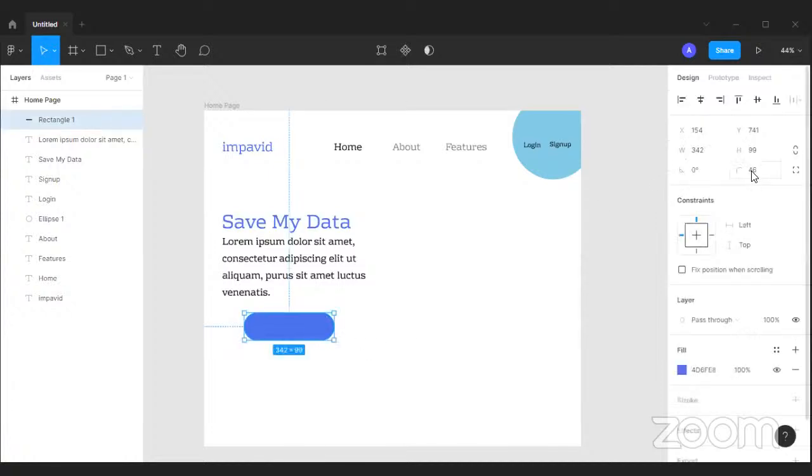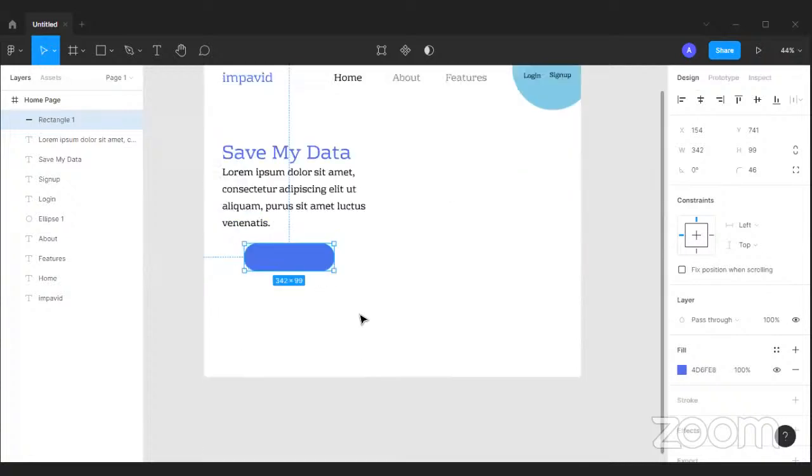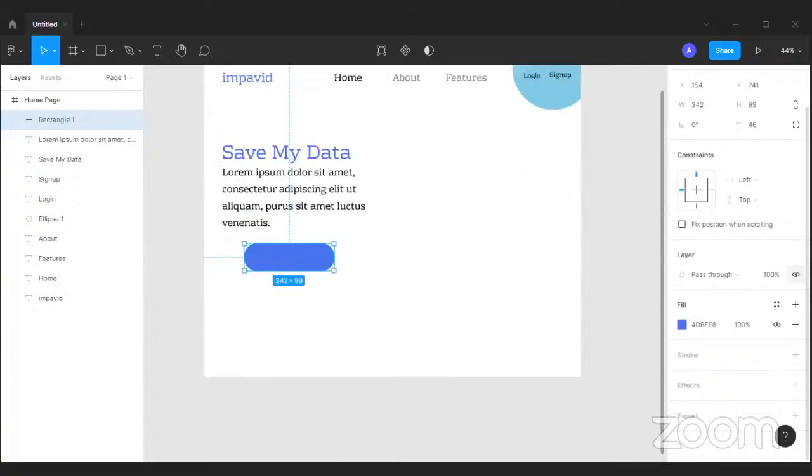So here you click and you have a provision here, corner radius. You can type it or you can simply drag it. If you know what the radius of the corner should be, you can type it or you can simply drag it. So now it looks very similar to a button, but let me add a few more details to this. I would like to add an effect. You have an option called effect here. Once I click on this effect, now it literally looks like